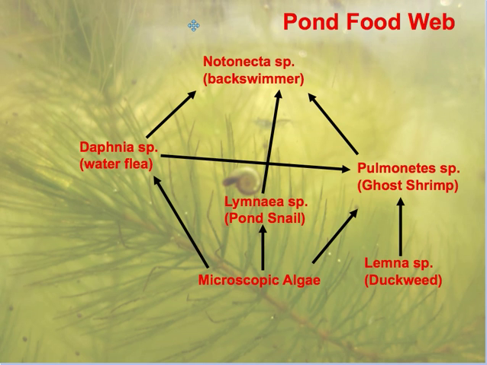And within our typical pond ecosystem, we have feeding relationships that may look like this. It, of course, could be a bit more complicated than this, but all the same, this in front of us here is an example of a food web. Down at the bottom, we have producers, Lemna, the duckweed, and microscopic algae. The two producers are identified in this food web. Of course, as you can see in the picture behind, there are other producers like this big plant in here. But with just these two, we see that there are several primary